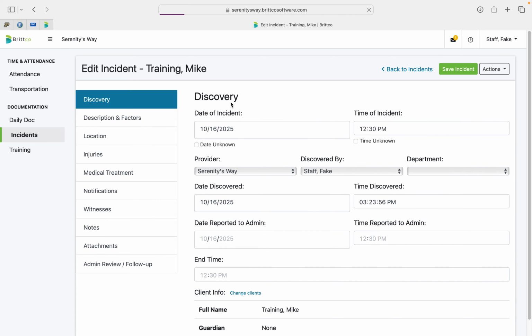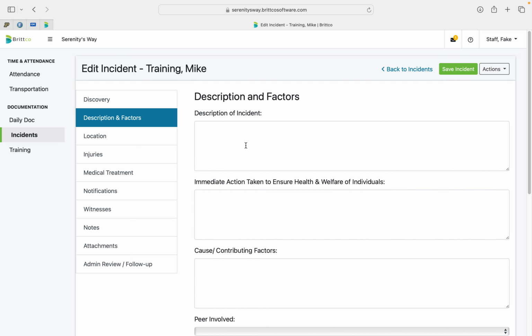So we'll go ahead and edit this. UI is obviously an unusual incident. It's going to be something that needs a little more information. So you would make sure you type this out. So if it's a fall, you know,